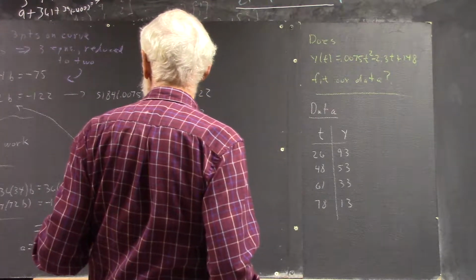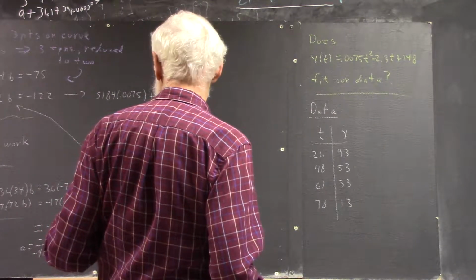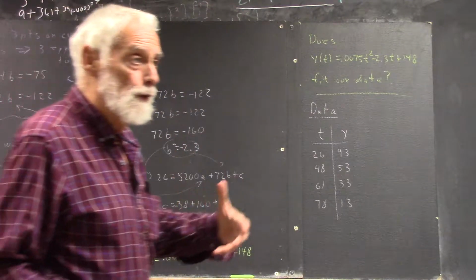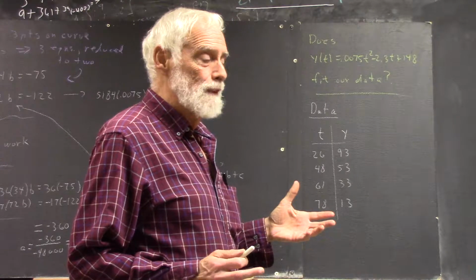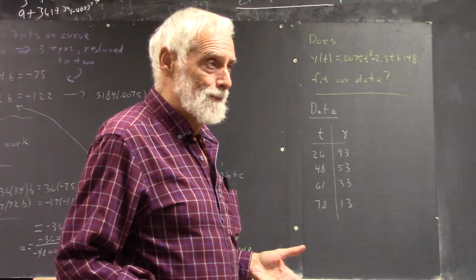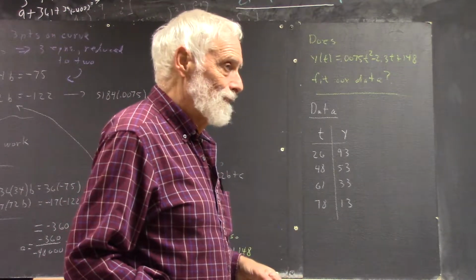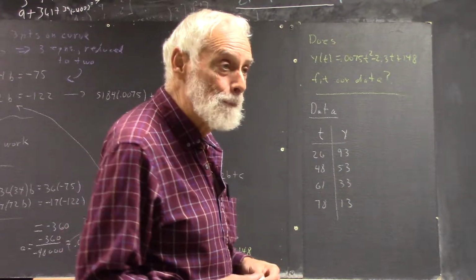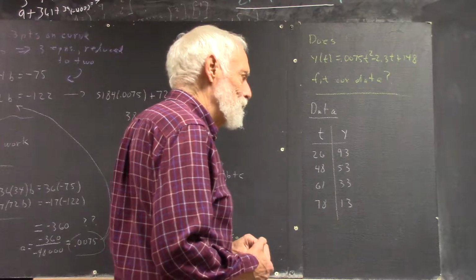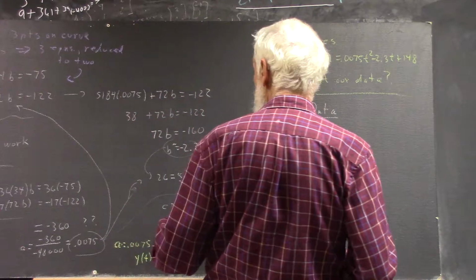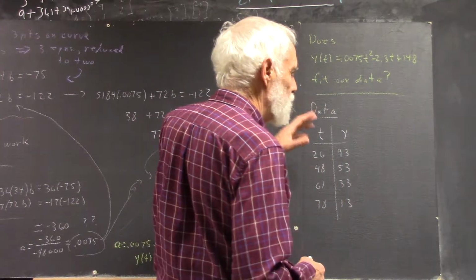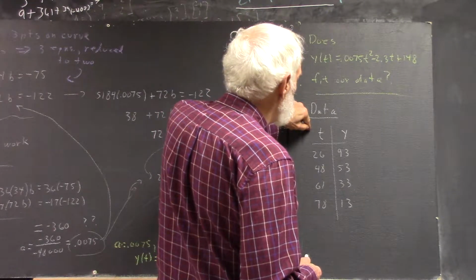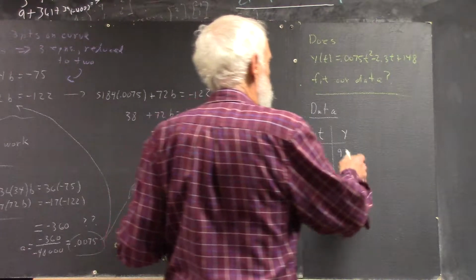I believe, well, the instruction, of course, was to take 3 points on the curve that are not data points. A lot of people will use data points the first time they do it. As long as we get you out of that habit before we're done, that's okay. I don't remember if you did or not. I'm pretty sure you used the (0, 148) for one of them. And that's okay. It said to use that one. So what we're going to do is